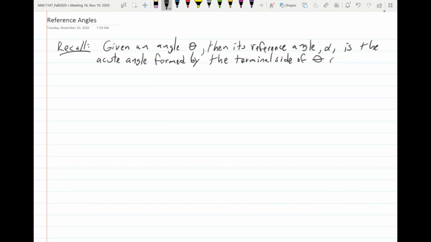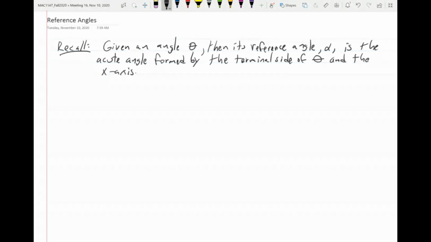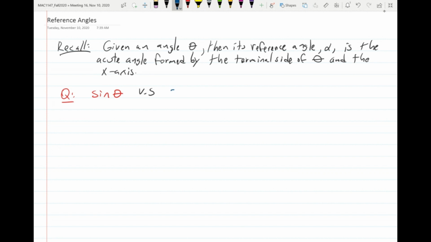The terminal side of theta and the x-axis. And as you know, each quadrant has a corresponding reduction formula that relates theta and alpha, so a reference angle and its reference angle. So a natural question now arises: given an angle theta, what's the relationship between the sine of theta and the